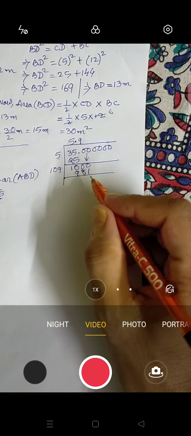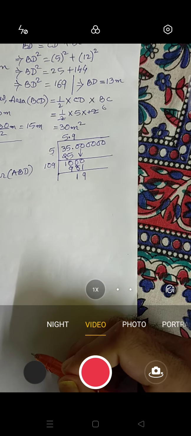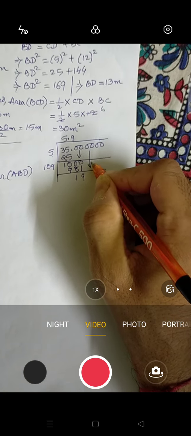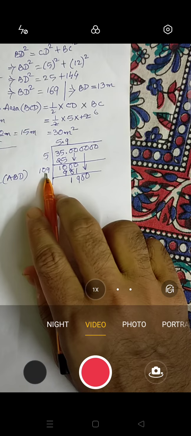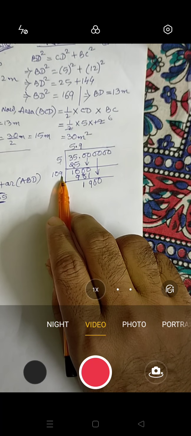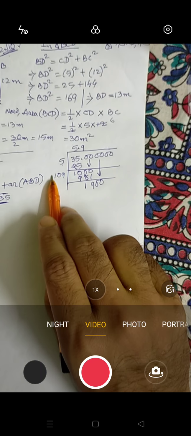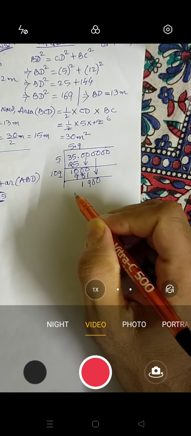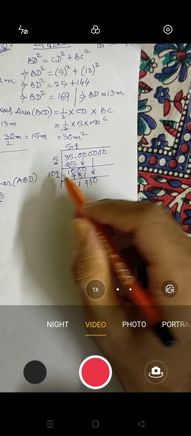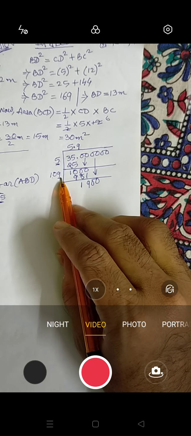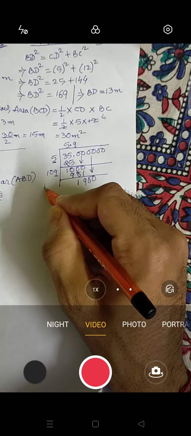Okay, so when we subtract this one, we will be having 9 and here 1. So 19. Now again these two zeros will come here. Now here we have taken 9. So 9 will be added to 109, because we have taken 9. In the first case we had taken 5, so 5 was added to 5, we got 10. Now in this case we have taken 9, so 9 will be added to this. So this is 109, 9 will be added, so it will become 118.